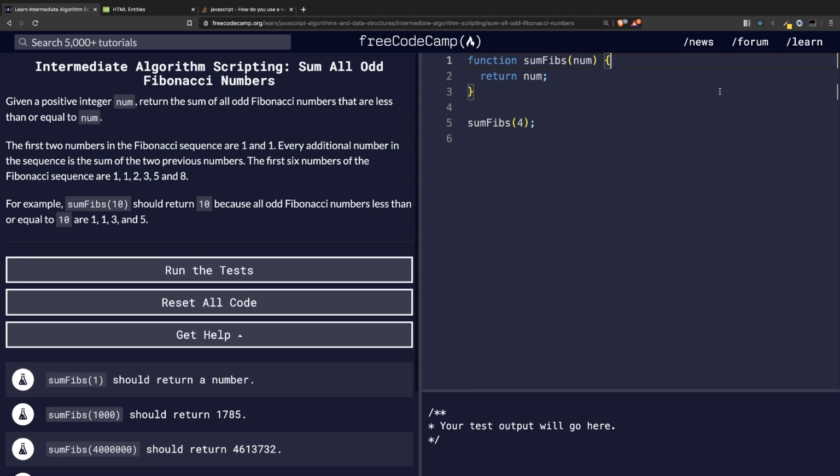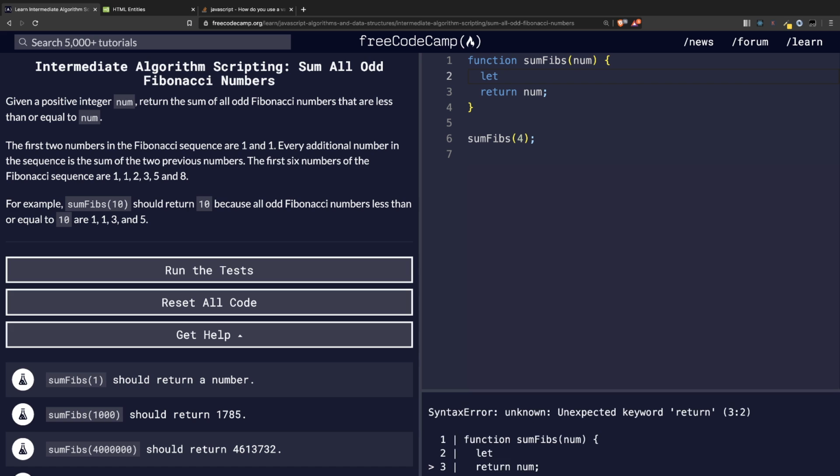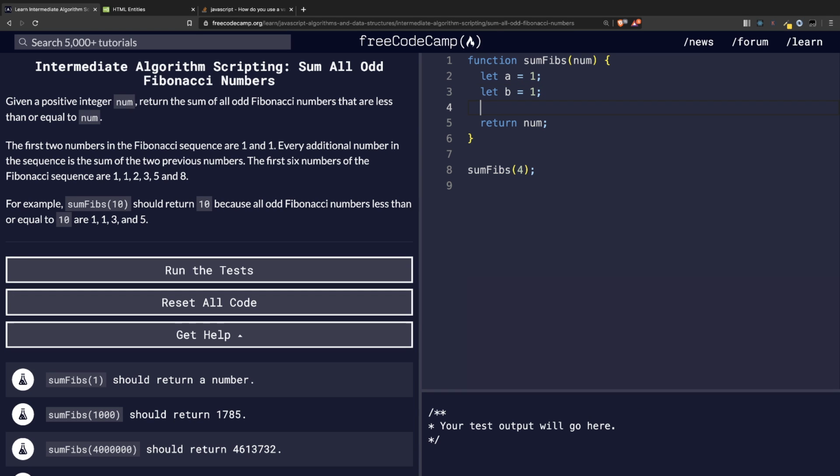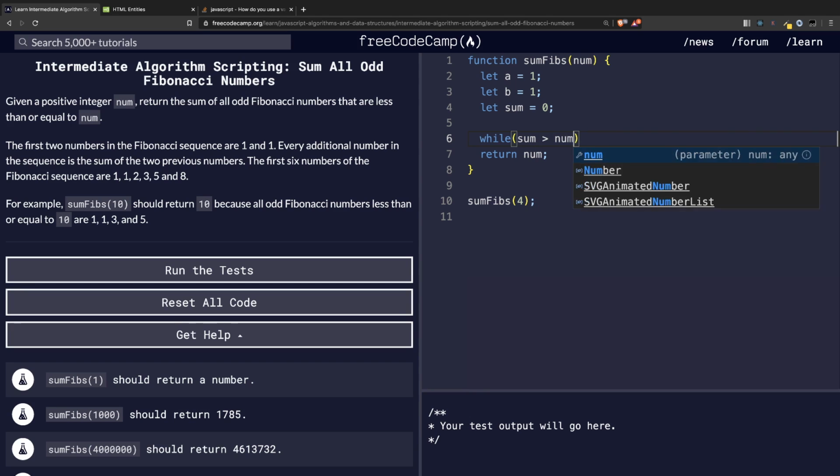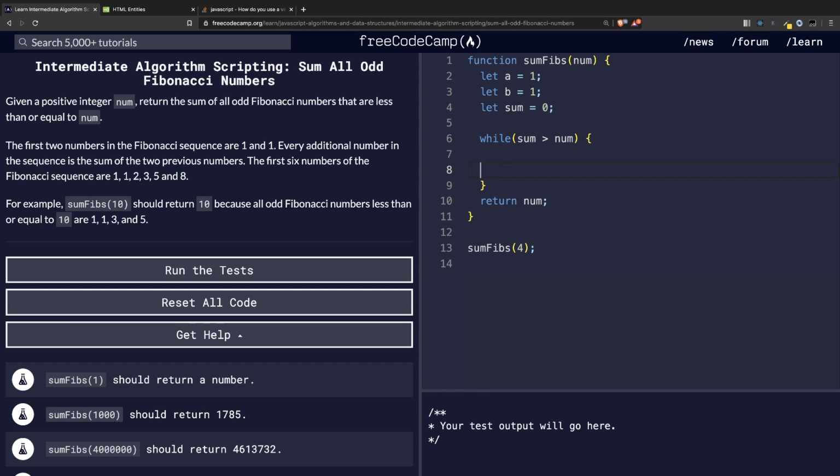It's been a while since I created a Fibonacci calculator. So we have the first one, we have the second one, and let's add the sum. And while the sum is greater than number, we want to do